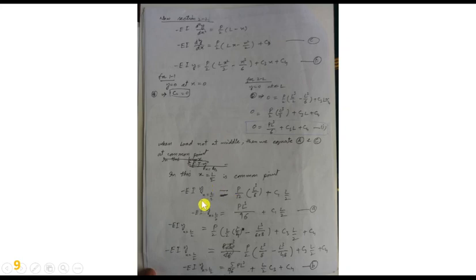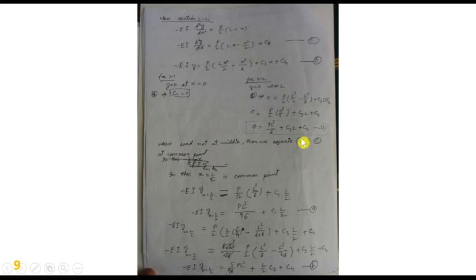That is this. When you put the value of L by 2 here, you will get this result. So after simplifying, it will give us minus EI y at x equal to L by 2 is equal to PL.